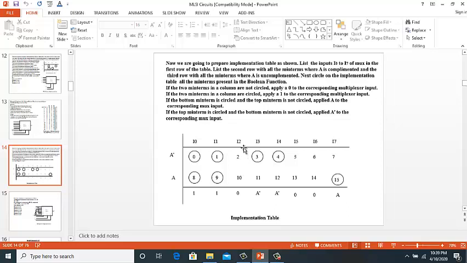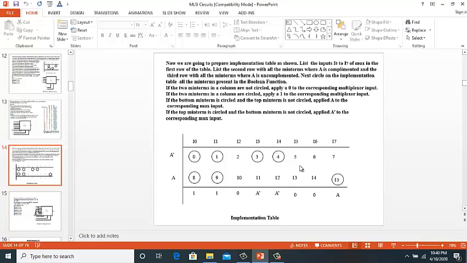Under the column I2 we see that both the min terms are not circled. So when both the min terms are not circled, we put a 0 over here, 0 under I2. Under I3 we see that 3 is circled and 11 is not circled. So we see that 3 is in the row of A bar, so we write A bar over here. Again under I4 we see 4 is a min term which contains A bar, so we write A bar over here.